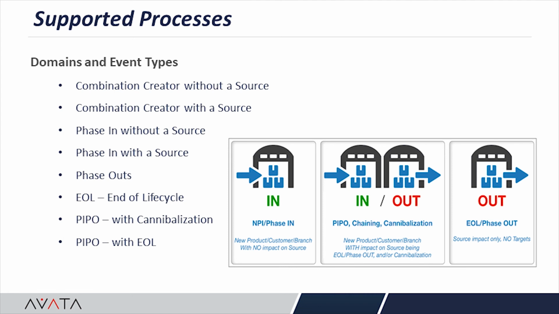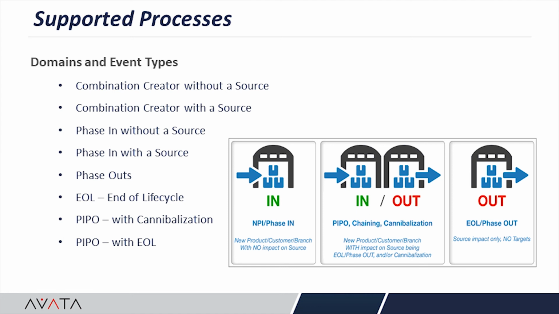Now, a phase out is simply time-based phasing out of combinations with predefined or custom percentages by period. So we can, over some period of time, reduce the forecast volume to 0. Maybe we want to quit making this product available over a 3-month or 6-month period, ramping down the forecast. Phase out supports this. An EOL, or end of life cycle, is essentially a single period phase out of combinations to 0 for all dates at or forward of the EOL date. This basically says any population of combinations under this event will be dropped to a 0 forecast on the EOL date and for all periods past the EOL date.